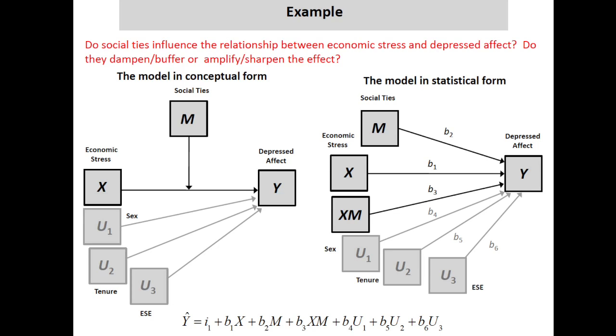Here's the model in statistical form. So this is more like what it would look like in the form of a structural equation model, although I've thrown out the error terms, and you often would correlate all these things together if you were drawing it out in AMOS or another program. The important point is that this conceptual model translates into a simple equation. And this is a graphical representation of that equation. And our focus is on B3 at this point. We want to know, is B3 statistically different from 0? That's the product of xm in this model.